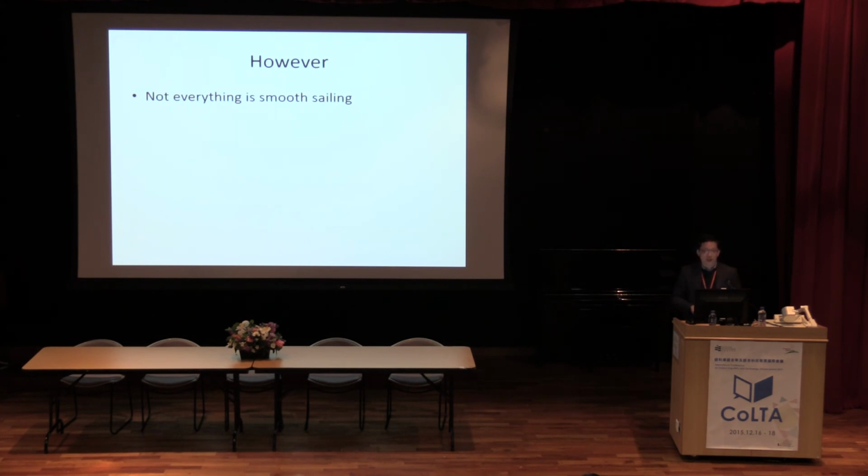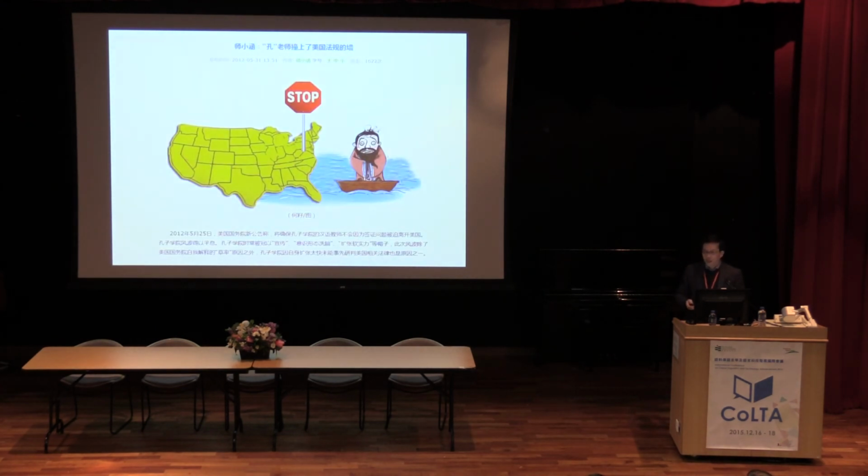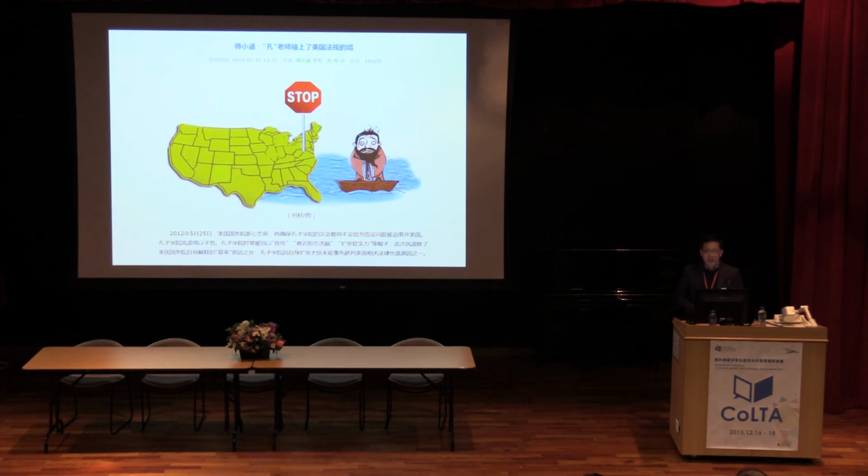But there are also problems. Not everything is as rosy as the enrollment. For example, we talk about a lot of Confucius Institute teachers, classrooms, and so on. But a few years ago, I think in 2012, there were problems questioning the teachers being sent to the U.S. What kind of status are they? Should they be affiliated with U.S. colleges, or should they go elsewhere? They were talking about ideology, soft power, and so on. So there was a lot of suspicion,